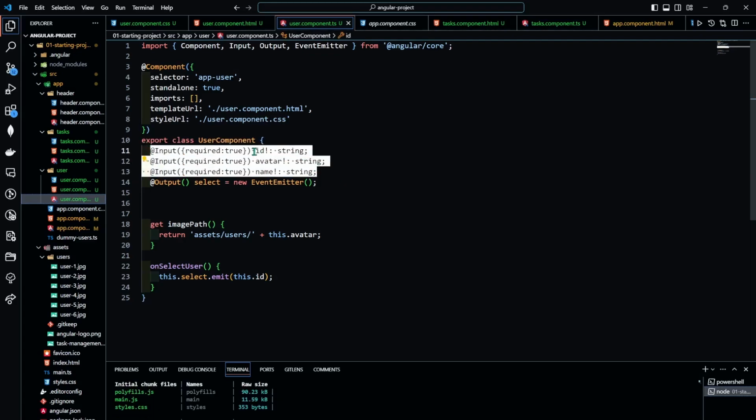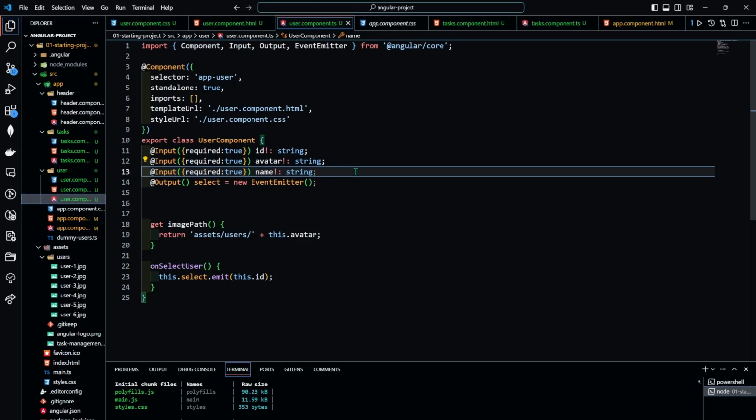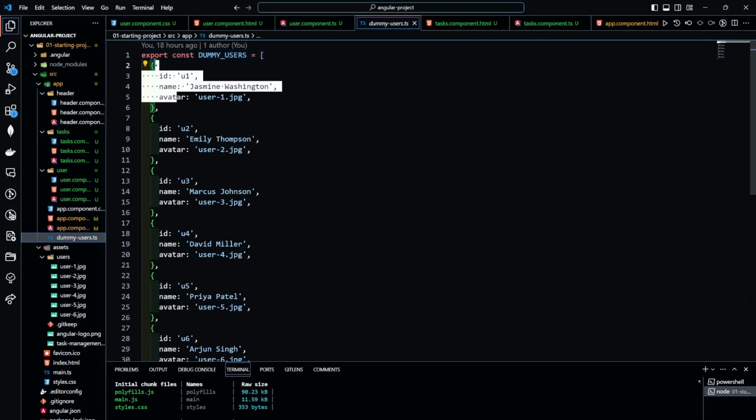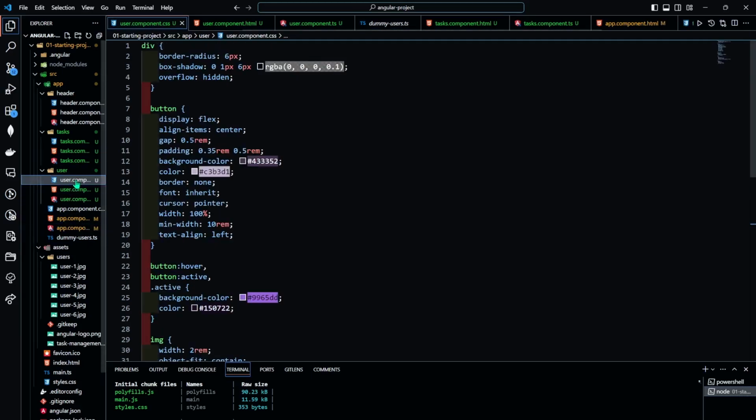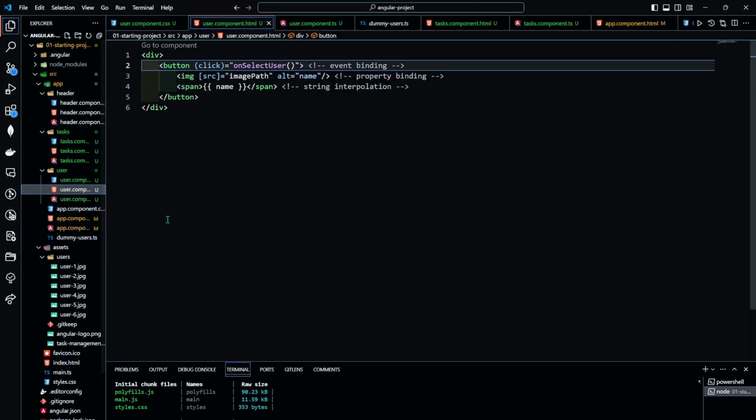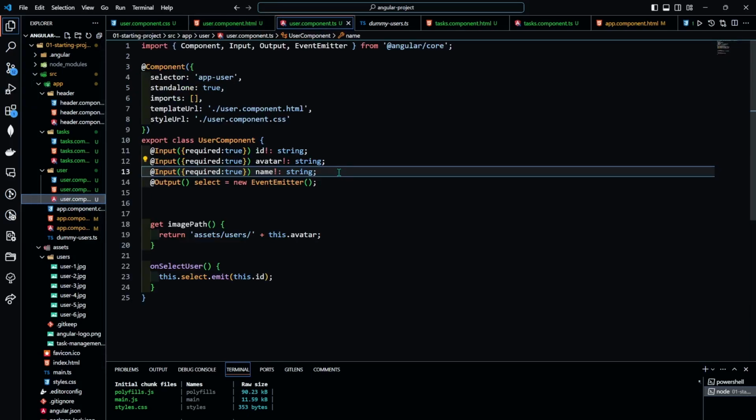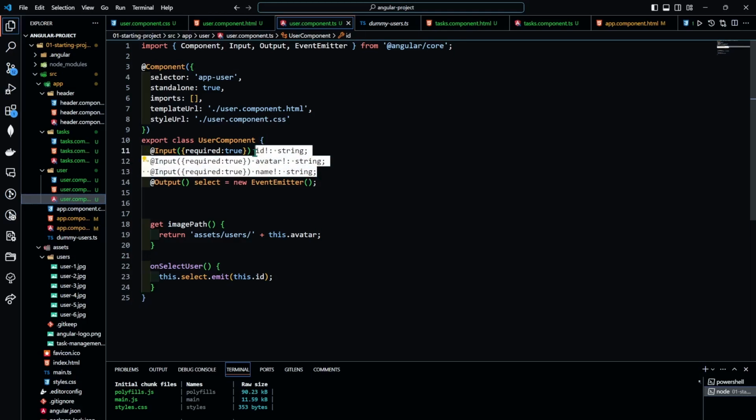We are inputting each property one by one here. So instead of doing that, we can just input this whole user object as one thing and then use it, because it will save us time, it will make our code more readable and more flexible. So what we can do is delete these things,